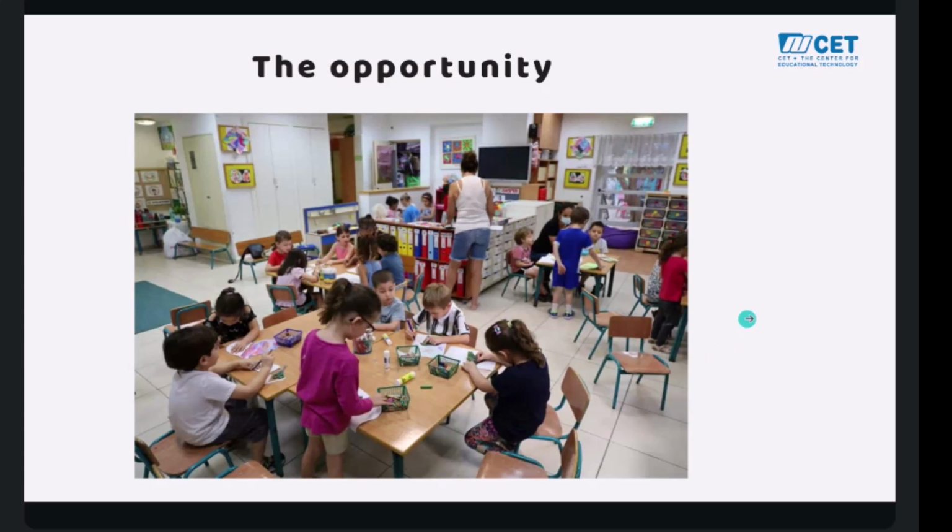That happens with some mediation from adults, of course, but the peer group is very meaningful, and in Israel it's a large peer group, at least 30 kids in one kindergarten classroom. So that was one opportunity that we identified.